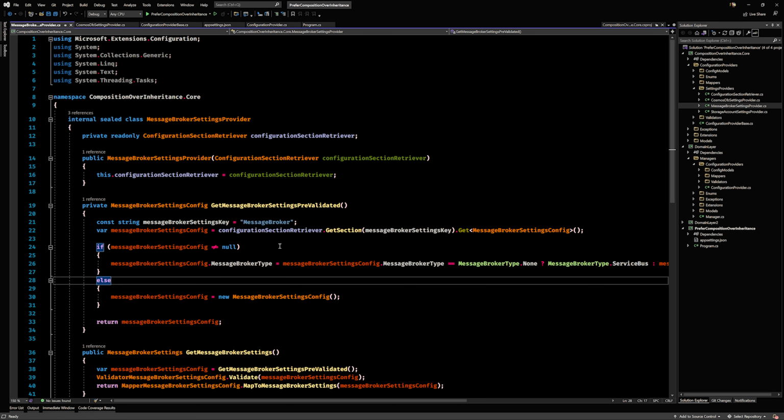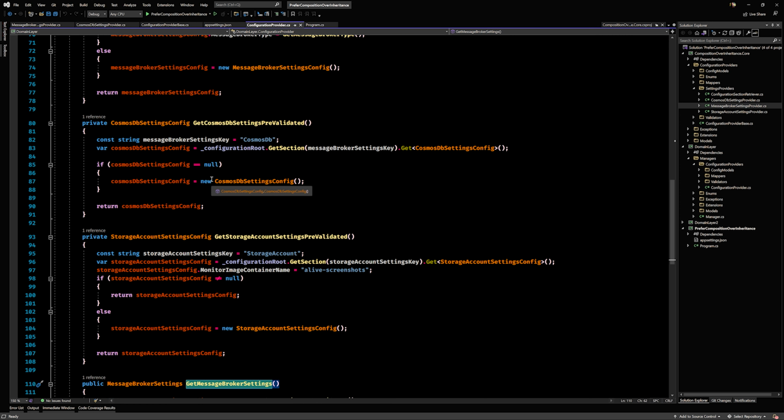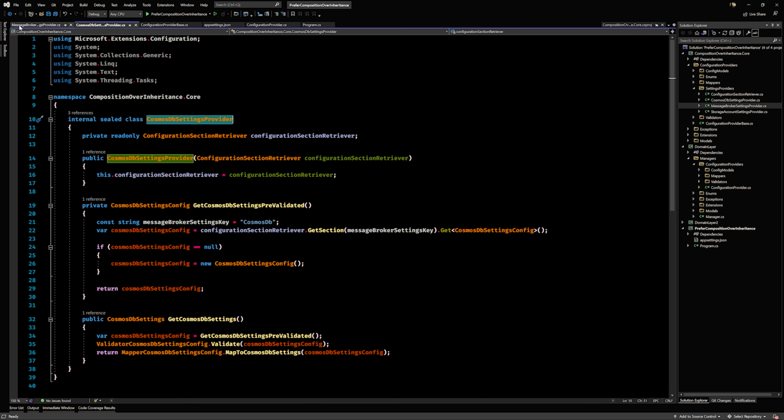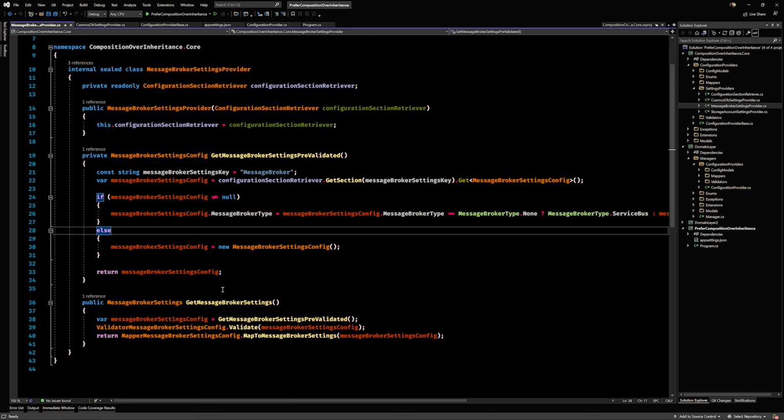And literally this code has been taken from that original config provider. So everything that you're seeing here is the code that has been literally copy pasted and put into the separate classes that are the providers, the Cosmos DB settings provider and the message broker settings provider and so on. And so that refactoring was basically reusing some of the code here.